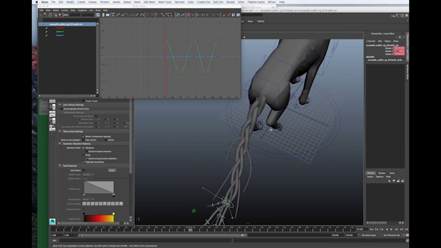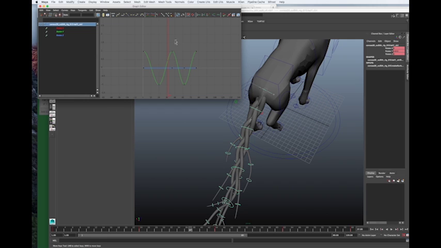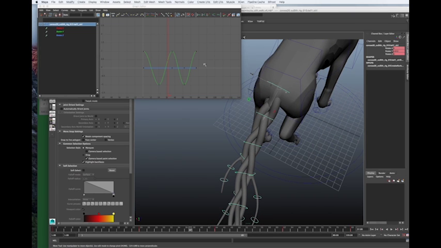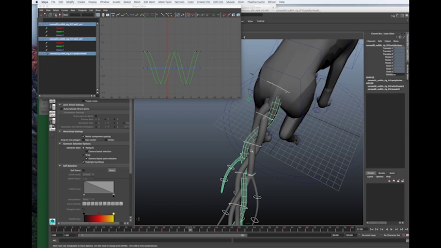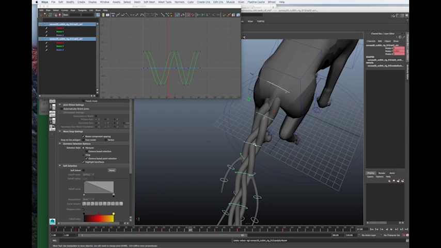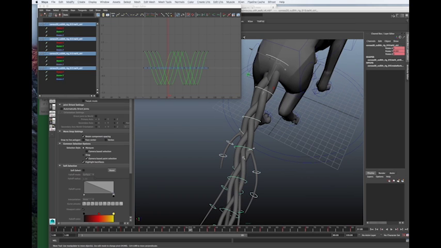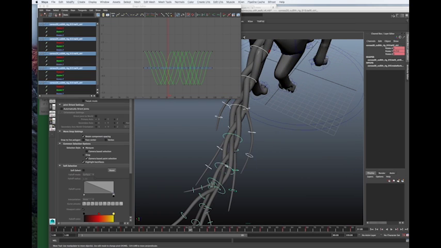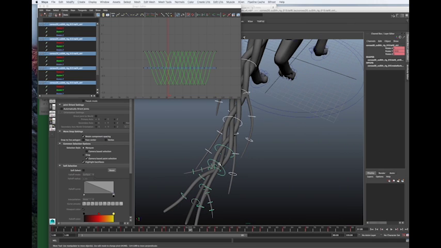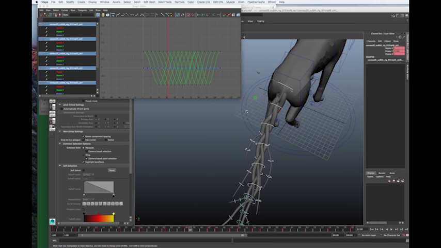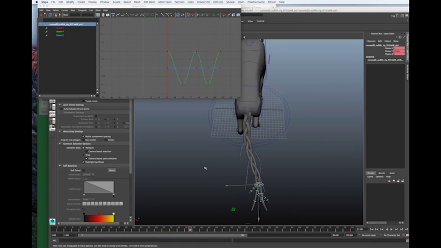Now, if you look at our rotate Y's, which are going to be the green lines here, you see that's the first one. I select the second one. It's got the same curve, but it's moved over a little bit because I'm counting every 6 frames. So it's the same curve offset. And as we go down, if I select the controller, you'll see that it's all offset like that. All right? That's kind of a sign that you have overlapping action, if the rotates are offset like that. So if we scrub through it now, you'll see that we start to have overlap, but